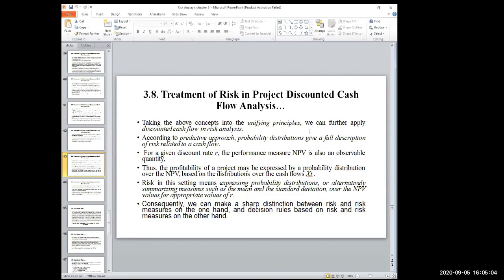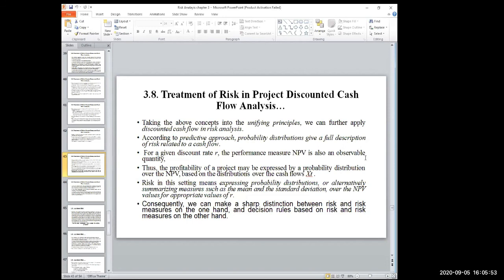So if you remember, the first way to deal with risk analysis under the unifying principle is that we use the predictive approach. And in the predictive approach, we use the mean values and probabilities, right? We use the mean value and the probability distributions to give all distributions of risk related to a cash flow. When we studied yesterday, the predictive approach uses mean value and probability, right? Mean value and probability. So for a given discount rate R, the performance measure net present value can also be